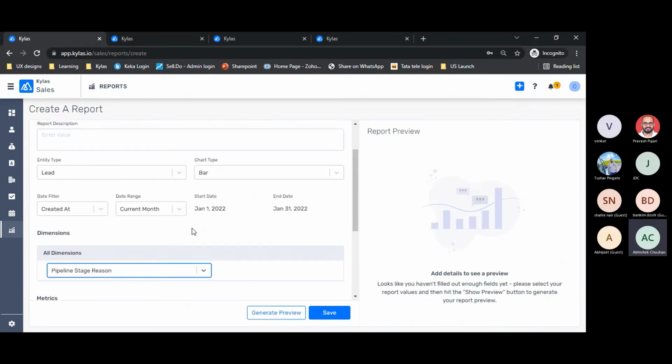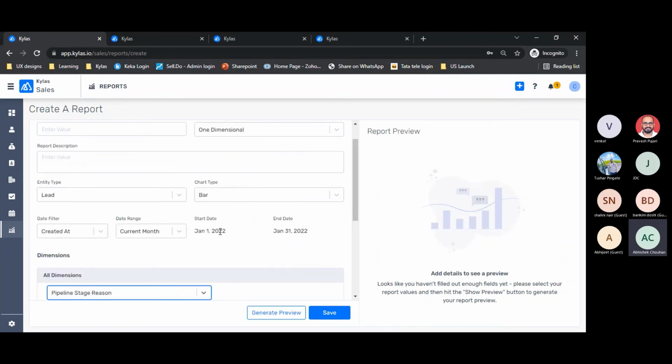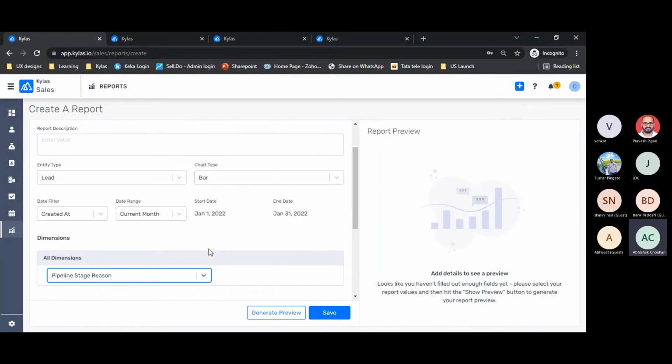This particular reason is more prominent in terms of getting the leads or deals disqualified. Then I can do something about that reason. Whatever the reason, if it is related to budget, if it is related to the numbers being incorrect, if it is related to something else, that could be my parameter to measure my sales performance. I can pinpoint that reason. I can discuss among my team members that this is the reason we are facing for most disqualifications. What can we do about that? So these kinds of reports give you a better insight into your business.